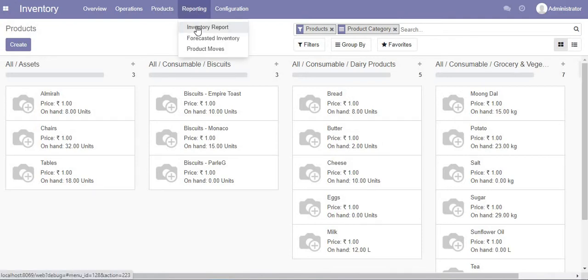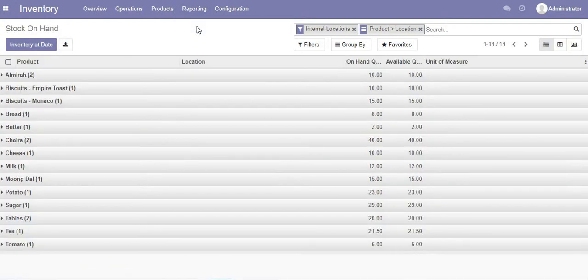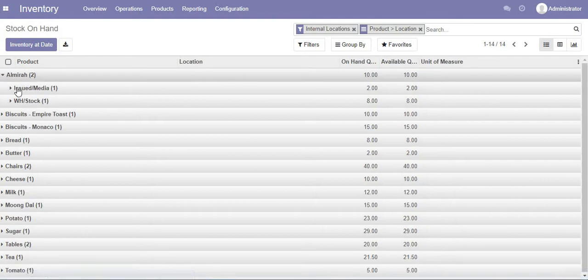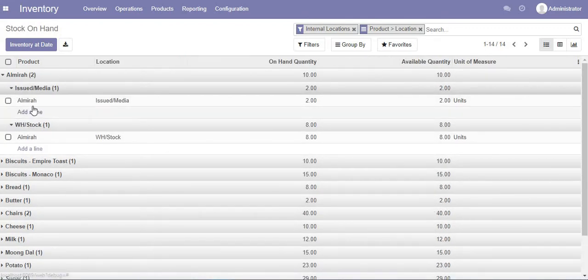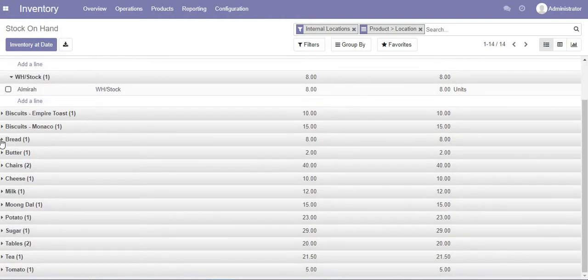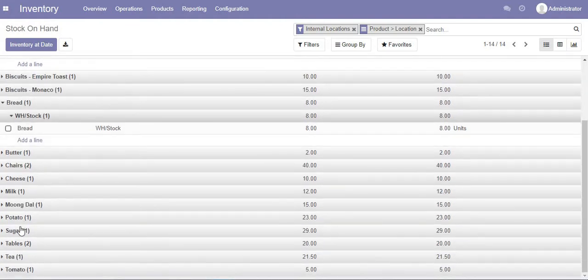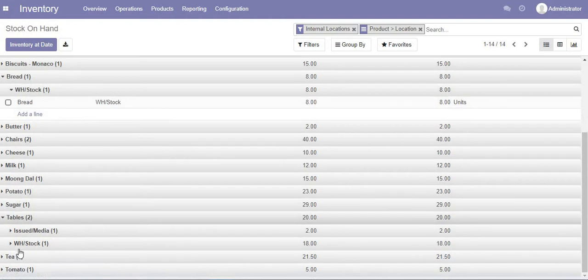So let's say we go to an inventory report, right, and so here it will show you that the Almirah has been issued to the media department and how many quantities are in stock. So 2 Almirahs have been issued to the media department and 8 are in stock. Right, again let's see where are the tables. So yeah, 2 tables are issued to the media department,